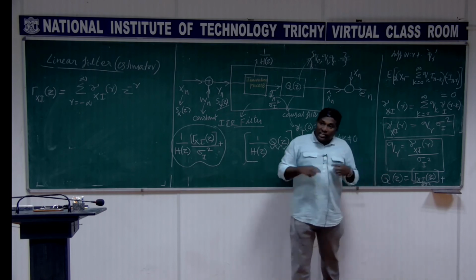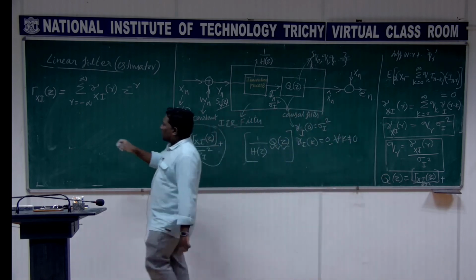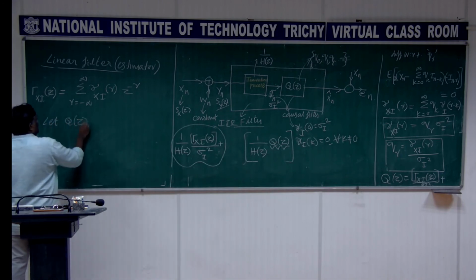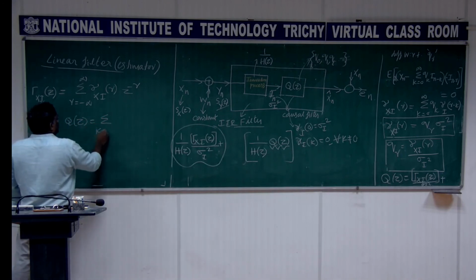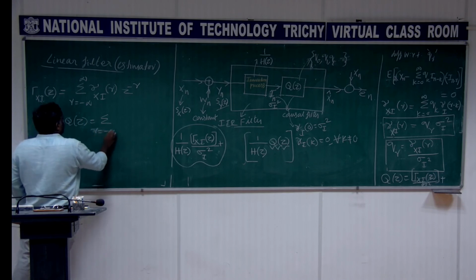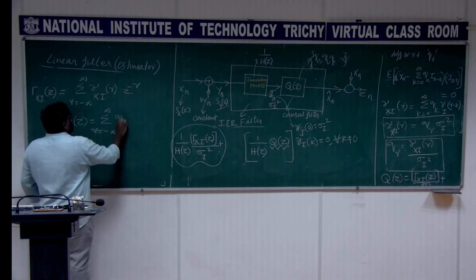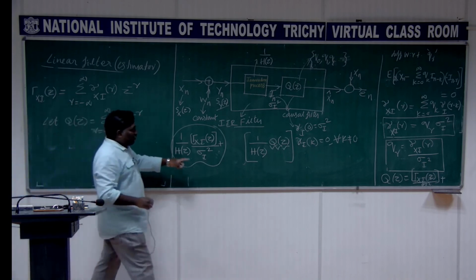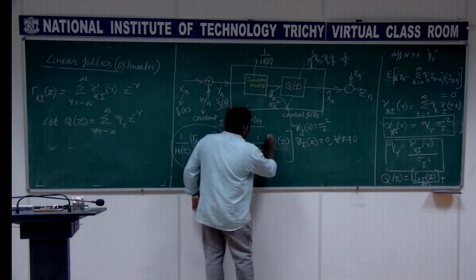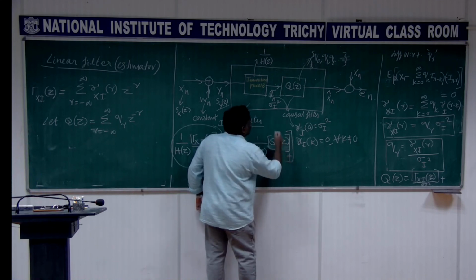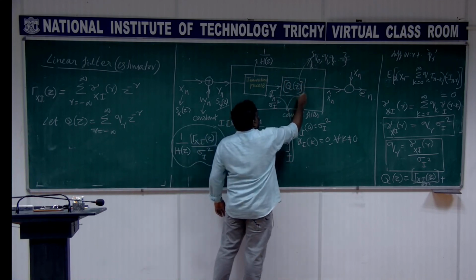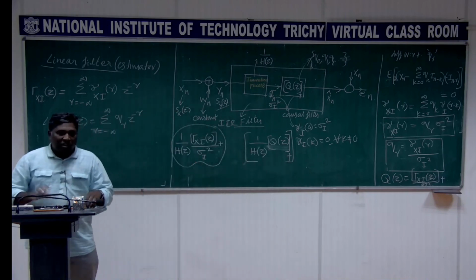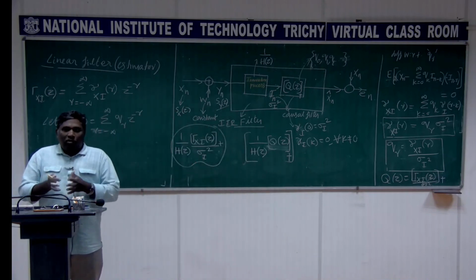If I treat that as q of z, let us define it in that way. Let q of z be sigma r, from minus infinity to plus infinity, q r z power minus r. In fact, what we really need here, I can put a plus in this, and in this block diagram I put a plus here. This is just to avoid any confusion. I said already q of z is causal.